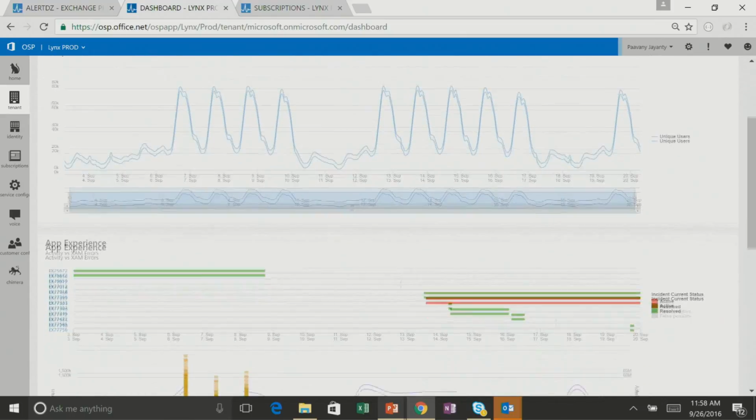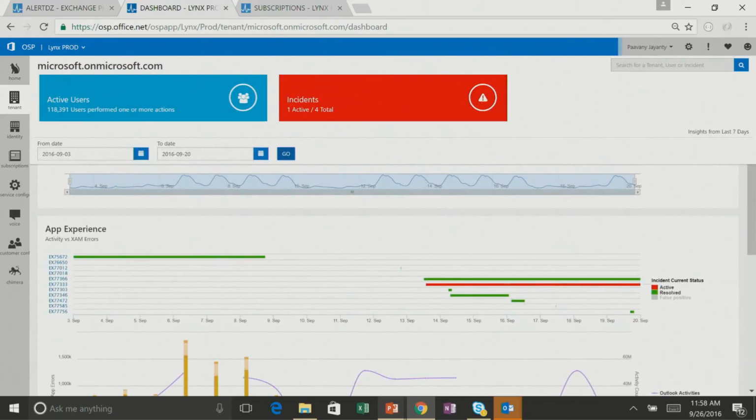So let's move on just for a little bit. You see this bar chart over here. That talks to all the incidents that have occurred in the recent past. And now for the very first time, we're able to map an incident down to our customer level. By that I mean both down to the tenant level and even to the individual user level. We have a lot more to show at our service health dashboard session tomorrow, so come check out the latest and greatest on that front. Over here you see the incidents that have impacted Microsoft, when they've occurred, how long they've taken, et cetera.